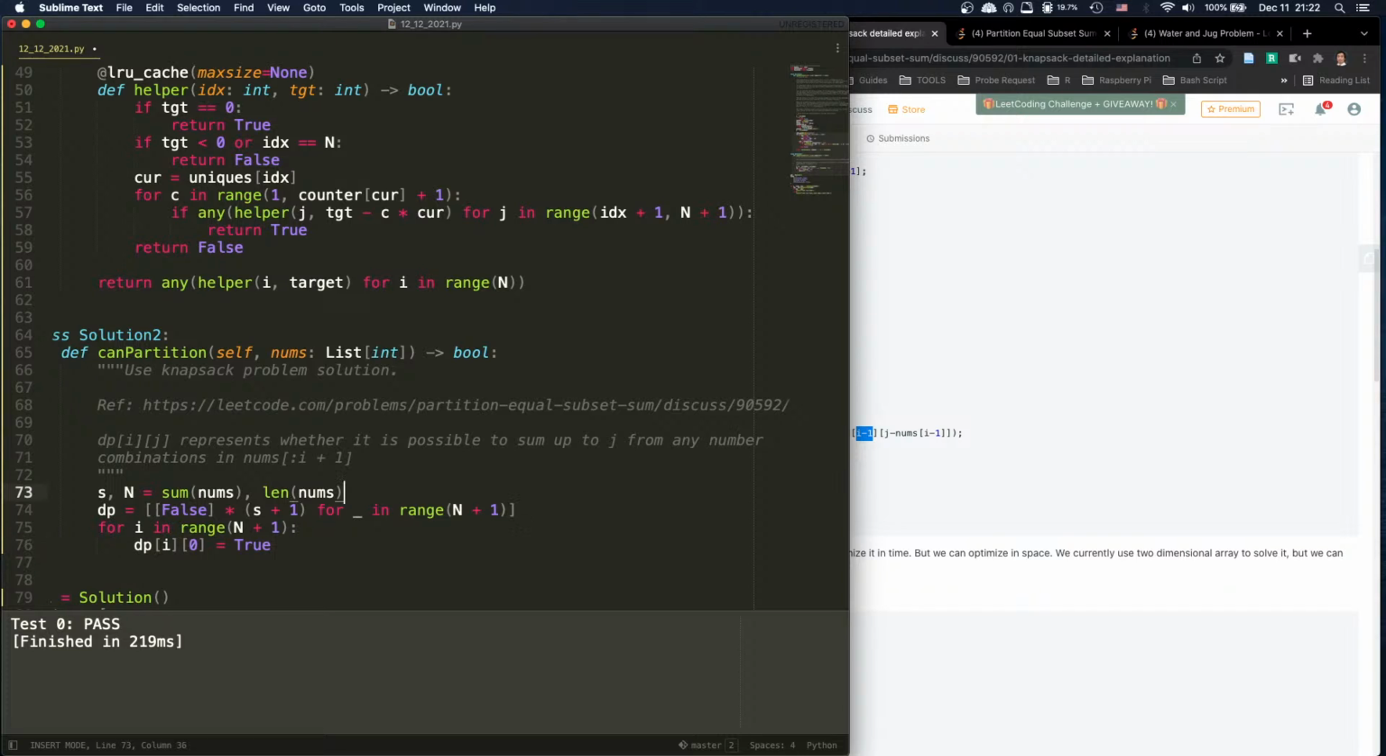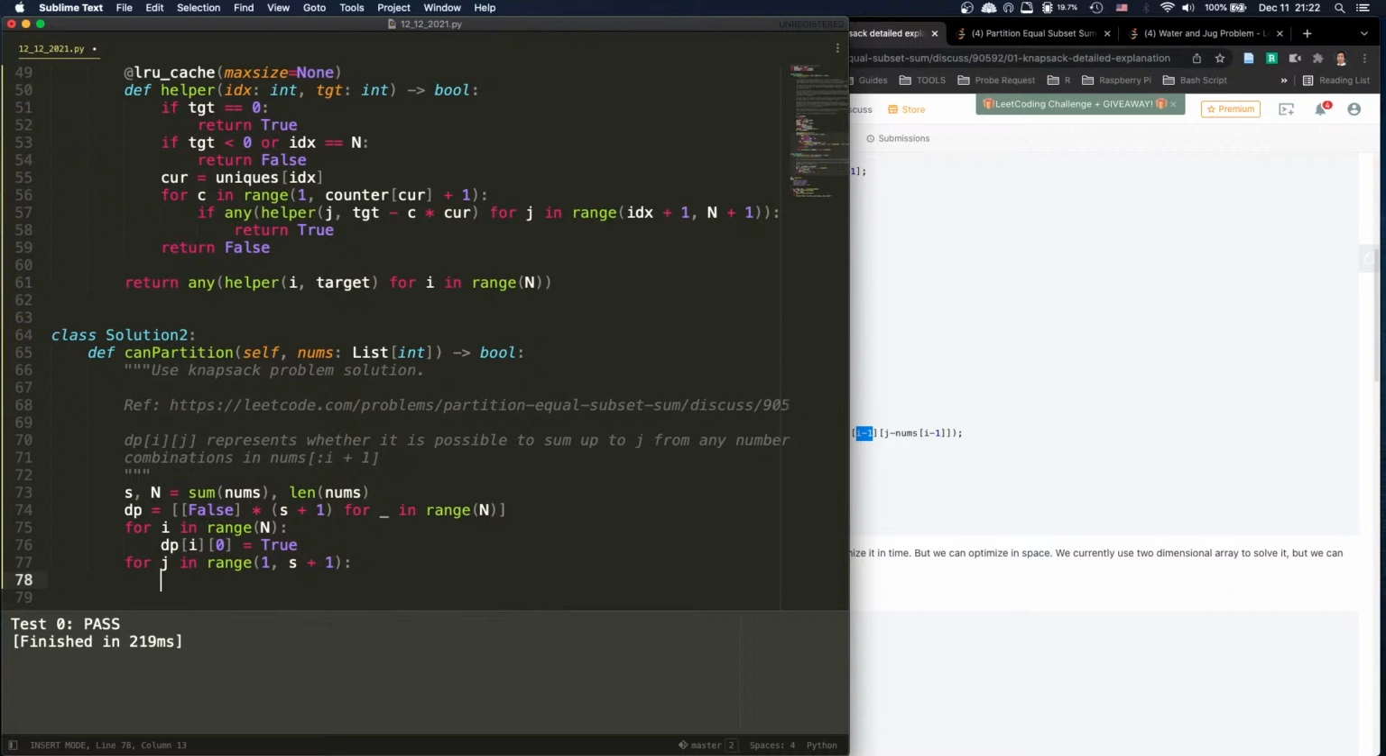Now, I still don't think it's n plus 1. No, it's not n plus 1. I think it's n. So for j in range s plus 1. That makes sense. Actually, we handle this actually from 1 to this. We say dp